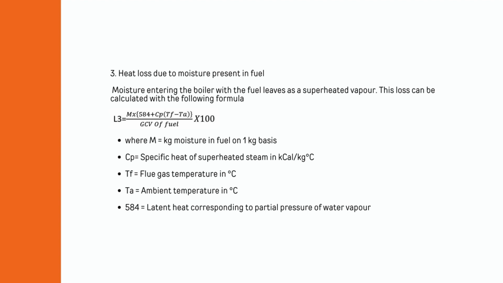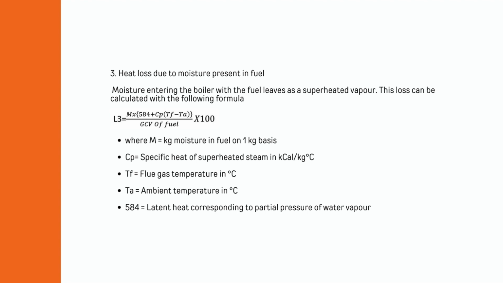Third, heat loss due to moisture present in fuel. Moisture entering the boiler with the fuel leaves as a superheated vapor. This moisture loss is made up of the sensible heat to bring the moisture to boiling point, the latent heat of evaporation of the moisture and the superheat required to bring this steam to the temperature of the exhaust gas. This loss can be calculated with the following formula. L3 equals m into (584 plus Cp into (Tf minus Ta)) divided by GCV of fuel into 100, where